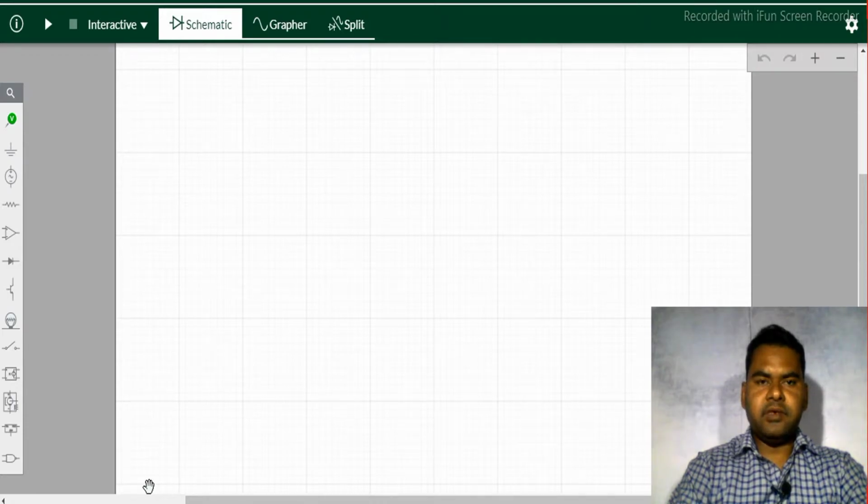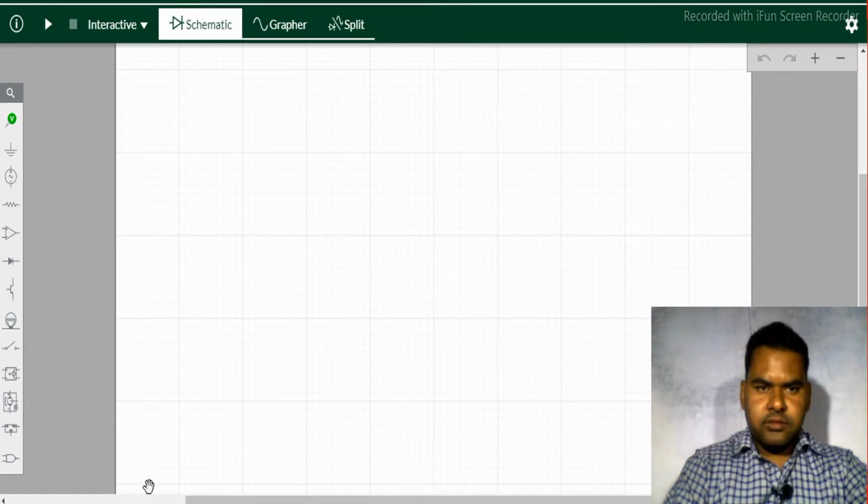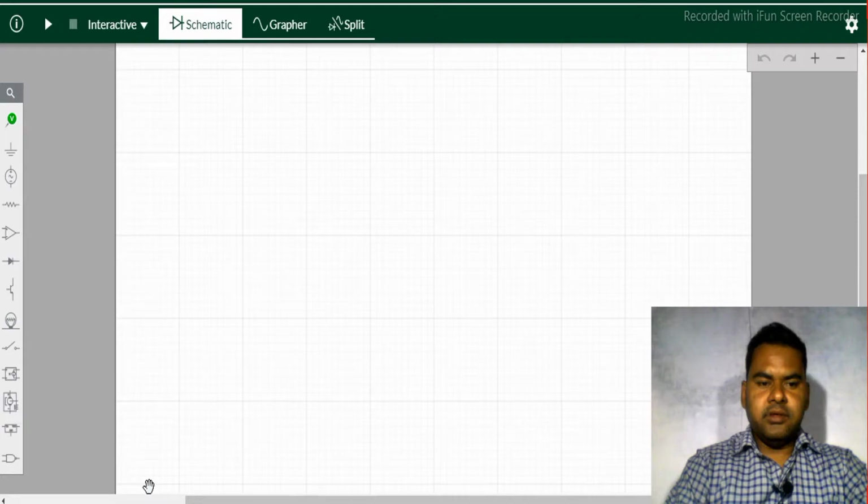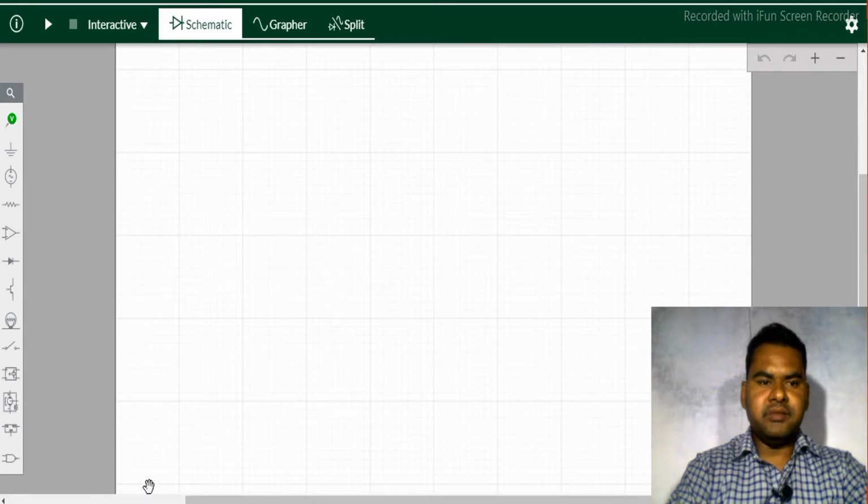If you want to simulate an electrical or electronic circuit with simulator apps, you should have simulator apps like MATLAB, ARCAD, or Multisim, or any other type of simulator app. Today in this video, I am going to show how to simulate a half-wave rectifier electronic circuit with the help of the Multisim simulator application. So let's start the video.